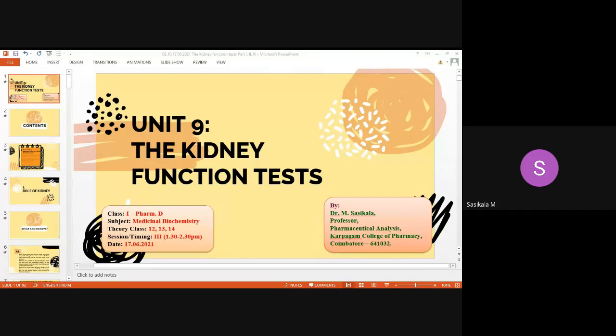Gautam. Indrajit. Ma'am, yes, ma'am. Give answer. Ma'am, next is specific gravity. The specific gravity of urine is compared with water. The specific gravity of water is 1.000 and the specific gravity of urine is 1.003. So it depends on the state of hydration.